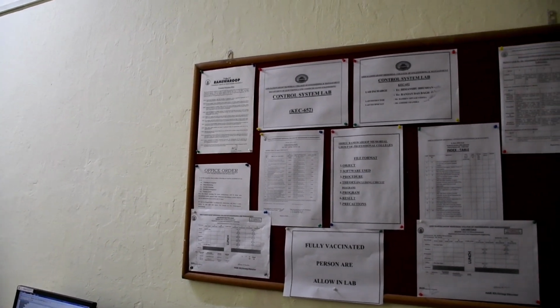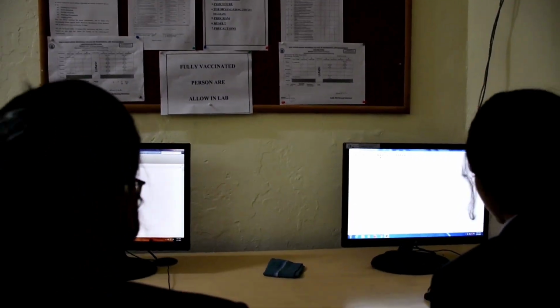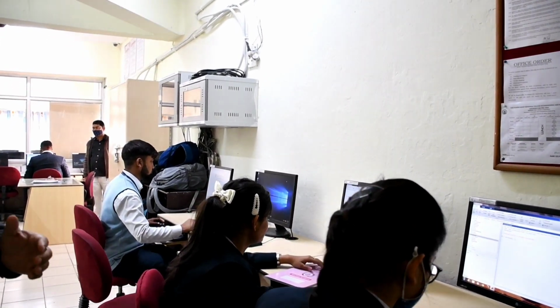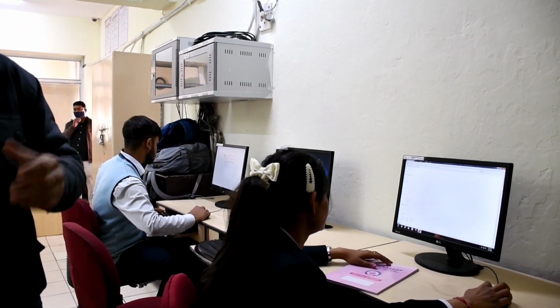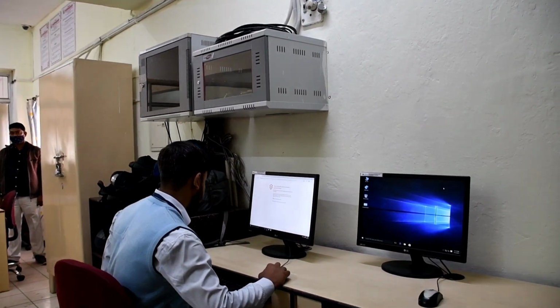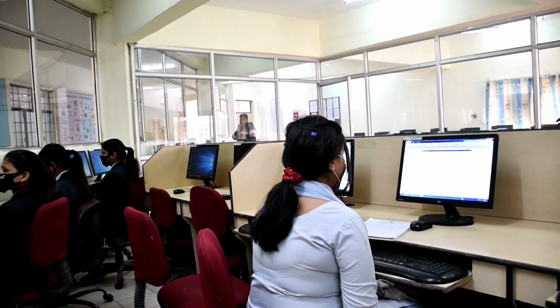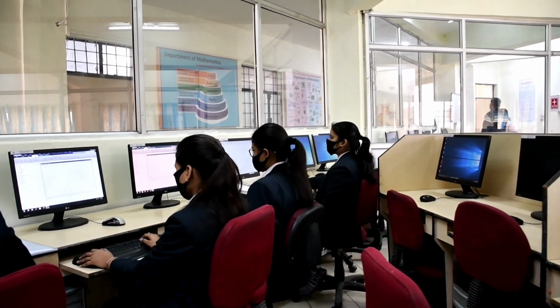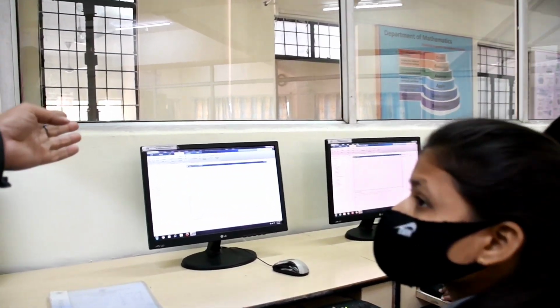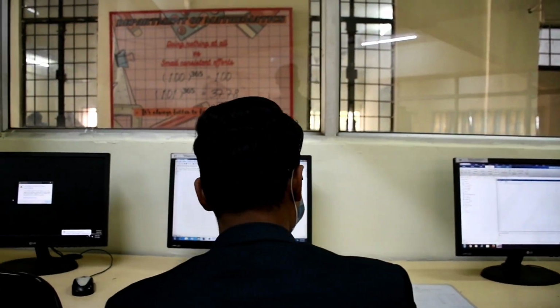The total occupancy of this lab is 8 hours per week, and this lab belongs to electronics, basically a MATLAB based lab. Here we demonstrate matrix operations today by using MATLAB programming. Here our motto is to determine the inverse and transpose of a given matrix, and the matrix elements are given by the syntax A is equal to 10, 20, 25, 15, 30, 40, 20, and then the syntax for determinant is